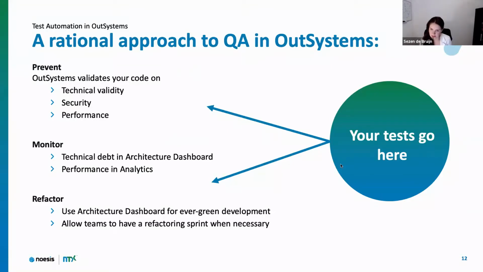So that is where your testing, for instance, fits in. Why are we not doing scans for your functionality test, right? Why are we not doing that for you? Well, that's quite easy. We don't know what you want to build. So we have absolutely no way of checking whether the thing that you've actually built is the thing that you wanted to build all along.